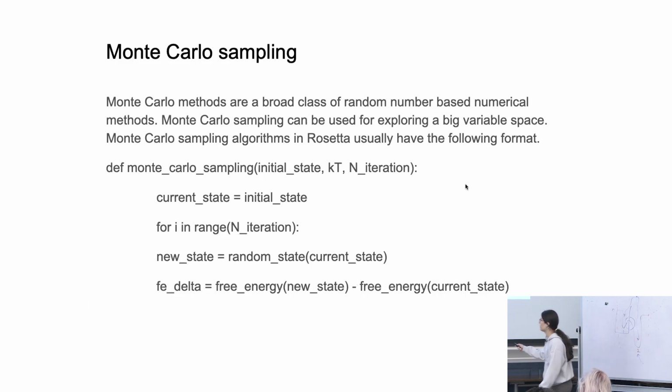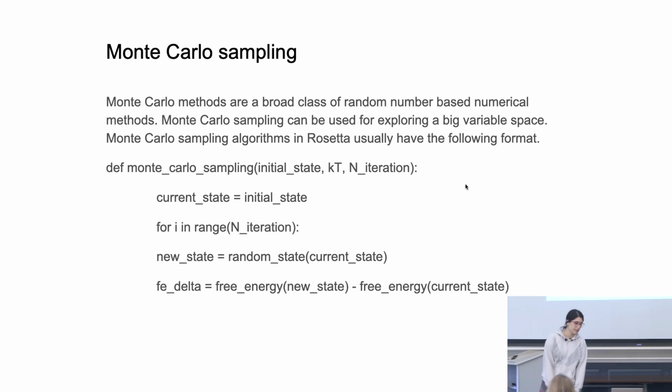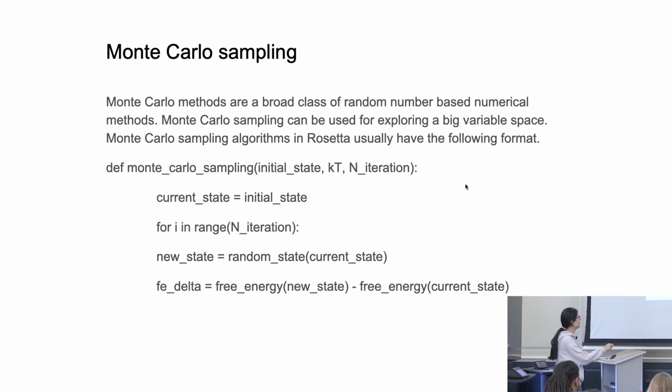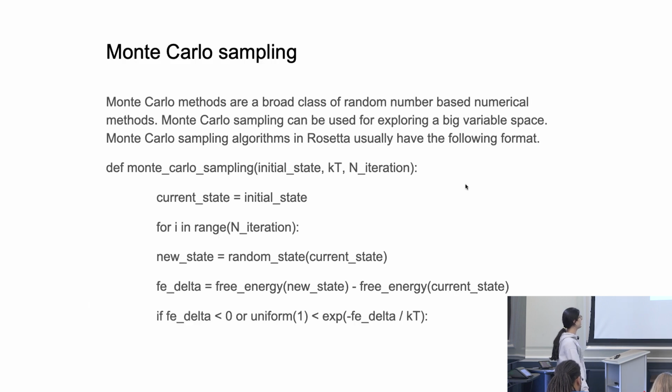And then calculate a free energy difference between our newly sampled state and the current state. So we're going to have free energy of new minus old. And based on that, we create some criterion. So in this case, we're going to accept or reject with some probability. And if we sample through this part to get a random state, and based on our random state that we accepted, if the free energy difference is less than 0,